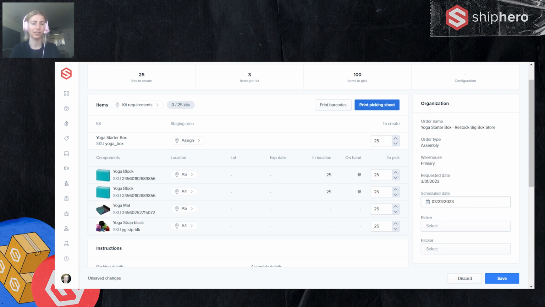We don't want them being used for replenishments. We also don't want them being sold really anymore as individuals, because they're now going to be part of this box. So we want to move them to a location, a staging area that's not pickable, it's not replenishable, and it's not sellable. So all of these will be there. They shouldn't be touched. Now we can use them to build our assembly SKU. So that's what we want to choose for a staging area.